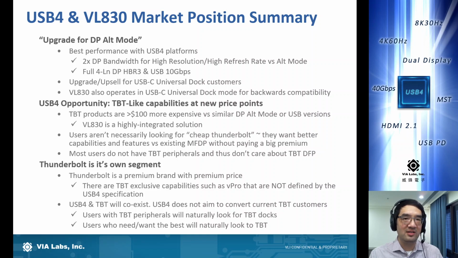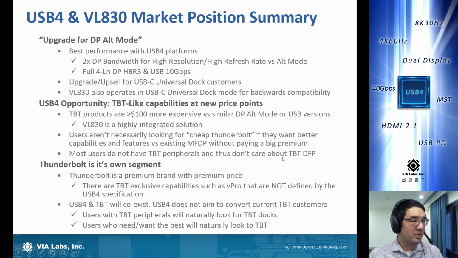And we think that this is a great upgrade and upsell to the existing USB Type-C universal docking stations. In terms of BOM and design, a lot of the universal docking stations with the MST hubs, those parts are actually 4-lane DP capable, but in the MFDP mode, they're only running in a 2-lane configuration. So if you upgrade that front-end chip to a VL830, you're getting double the DP bandwidth with a very minimal BOM change. And if you're connected to a host system that doesn't support USB 4, then we just fall back to the USB Type-C universal experience that everyone knows and loves today.